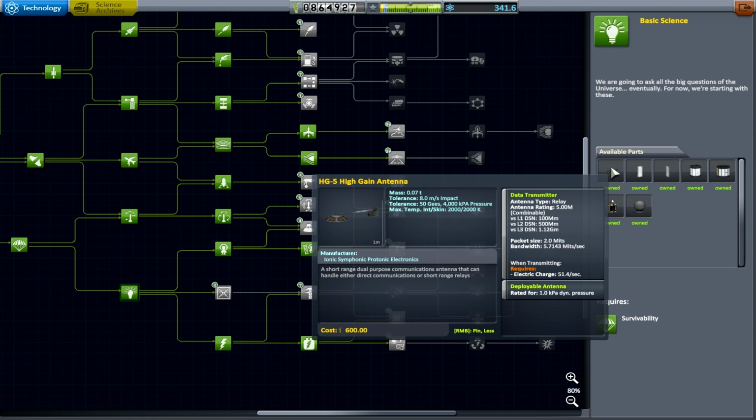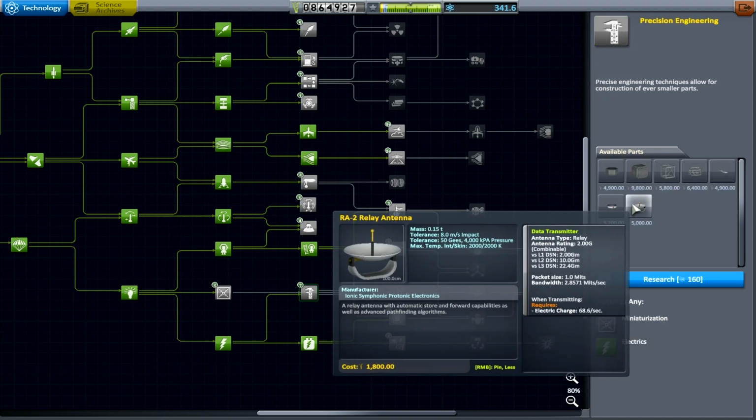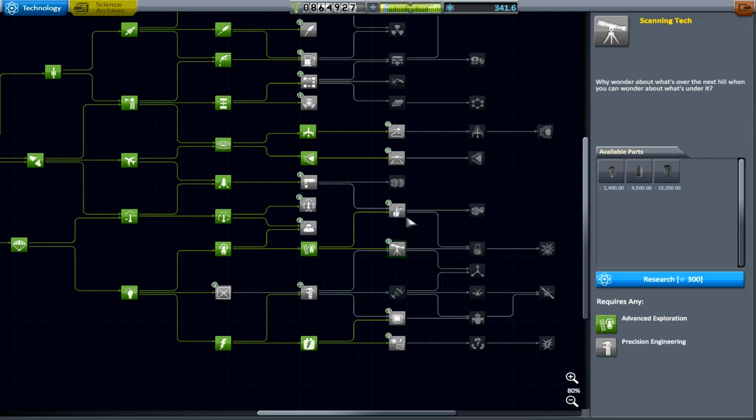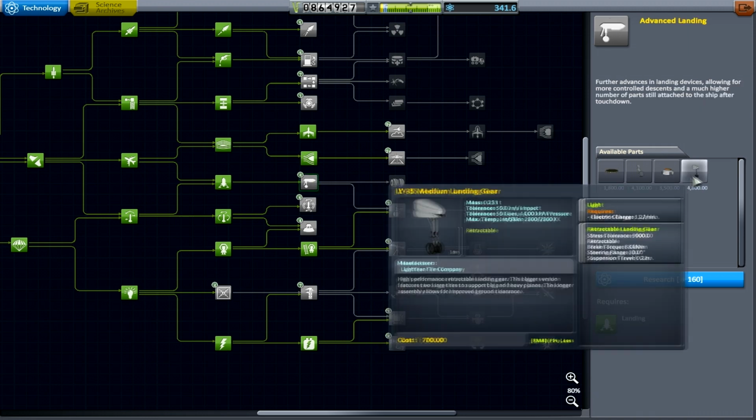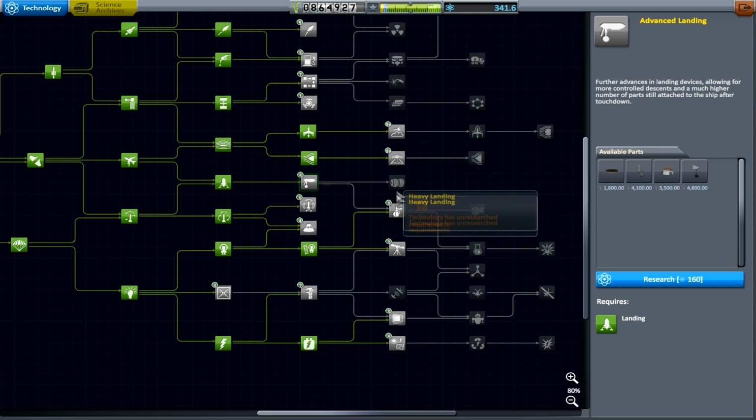5.713 meters per second, but the packet size is 2. This seems better. I guess it's because it has advanced pathfinding algorithms. Maybe that's why it's a little bit better. I don't know. I might also need to get advanced landing if we got that in order for the